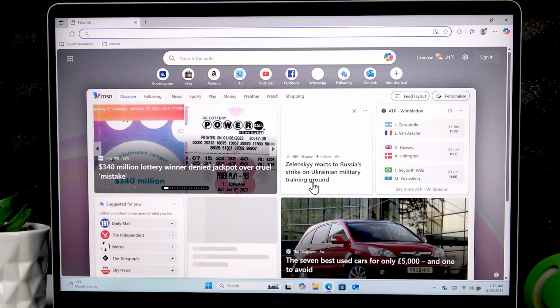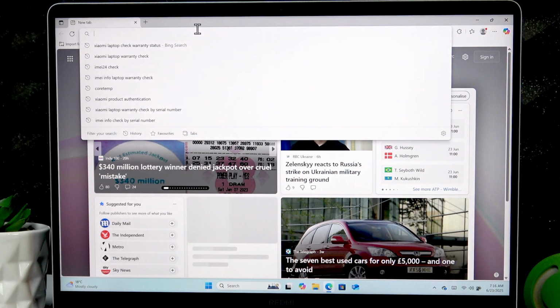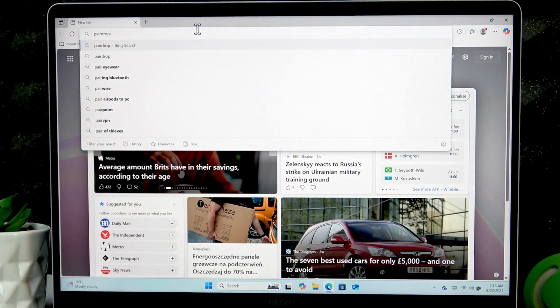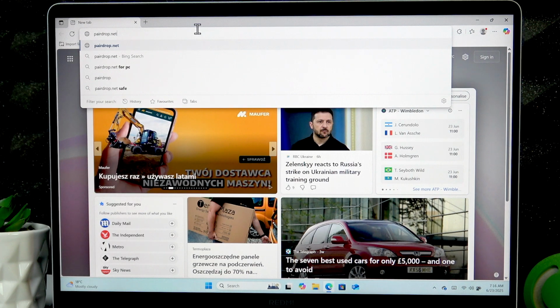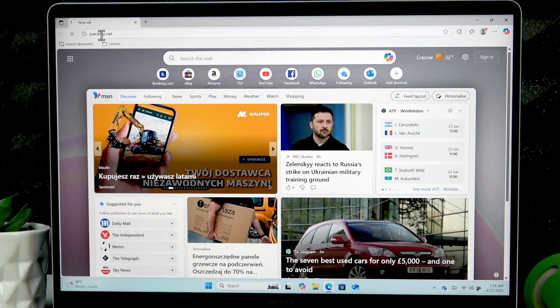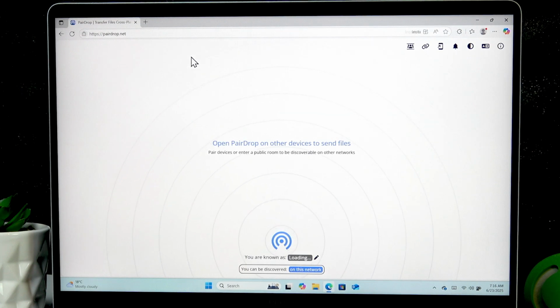First, we'll have to open a website called HardReset.Net. It looks like this, and it goes https HardReset.Net, and once you enter this website, you'll be given a random nickname so that you can identify your device